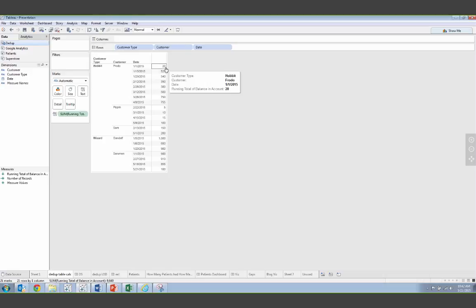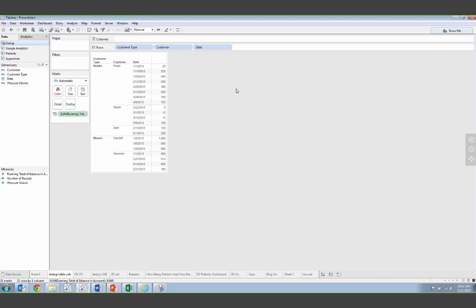So I can see how much was in the account at a given date. And whatever that last date is, that's the actual amount in the account today. So Frodo has $755, Gandalf has $900. And now the question is how can I get the current balance in the account.